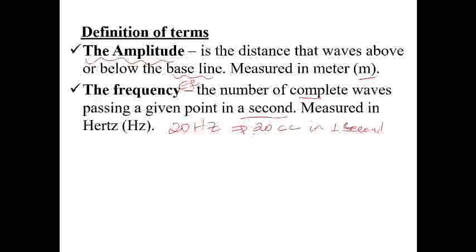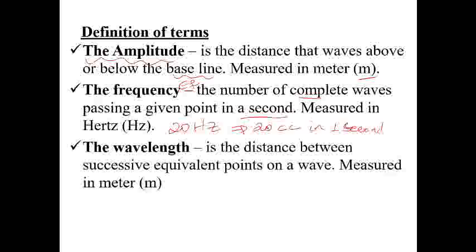Therefore, frequency indicates how many complete cycles are moved by the wave in 1 second, or the number of complete cycles per second is expressed by frequency. The other thing is wavelength. We can define wavelength in different ways. The first one is the distance between two successive equivalent points. When we say equivalent points, crest